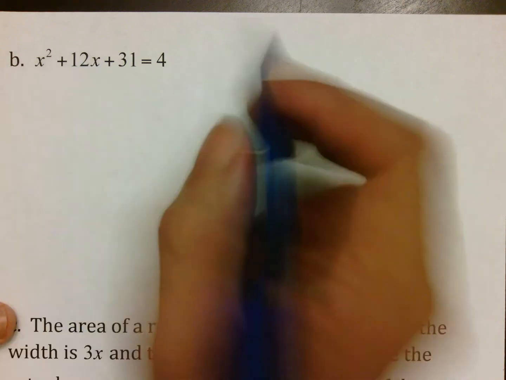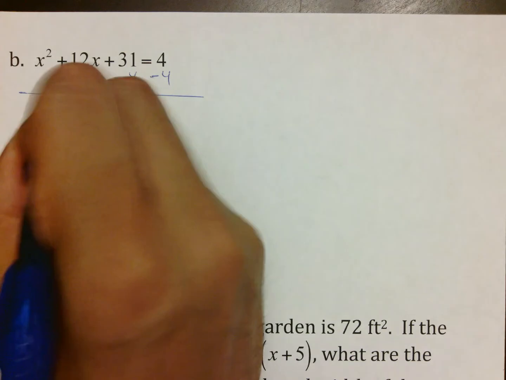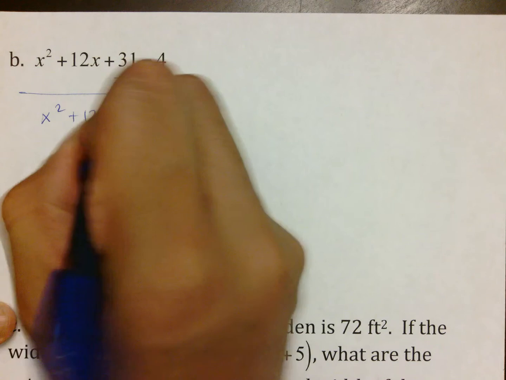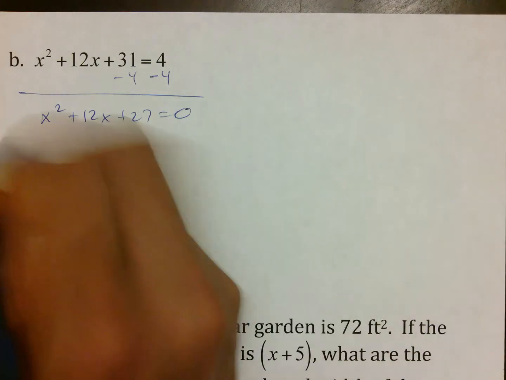Can't do it with both. So what we're going to do here is subtract 4 to make it equal 0. We get x squared plus 12x plus 27 equals 0, and you do what you did yesterday, which is to